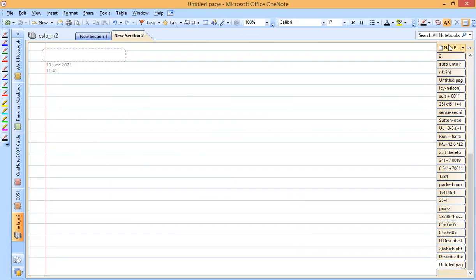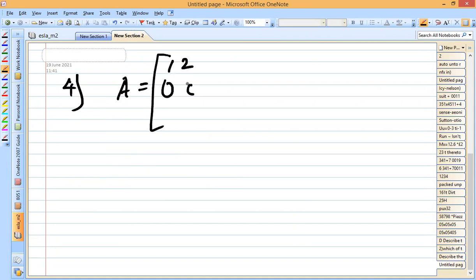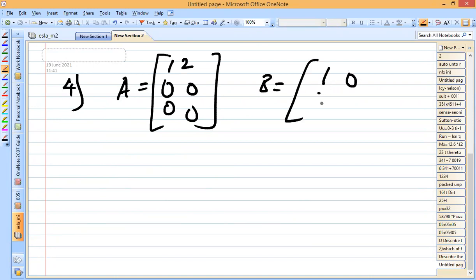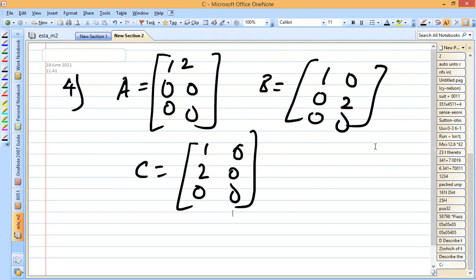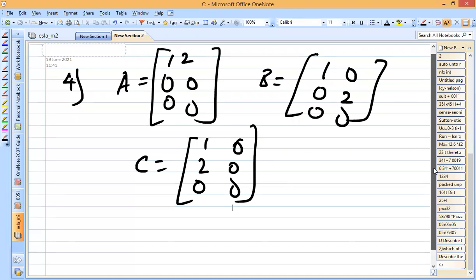In order to show which elements will be defining X, the XY plane and a line, describe the column space. Next problem. Describe the column space for A is equal to 1 2 0, 0 0 0, and B is equal to 1 0 0, 2 0 0, and C is equal to 1 2 0, 0 0 0. So describe the column space for the three matrices A, B, C.